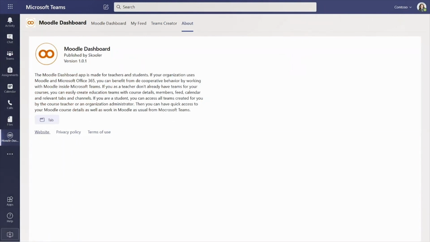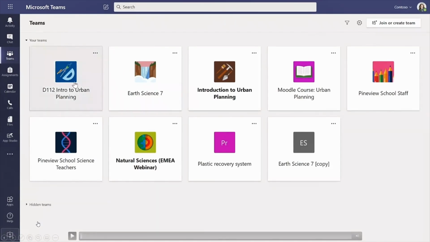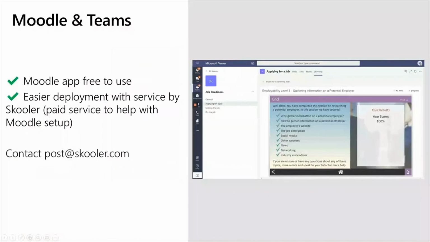So when you want that full experience directly from Moodle into Teams, that is an additional value that you have today, where you can just install or deploy the application and set it up, right? It really brings a lot of that functionality directly into your Teams environment.